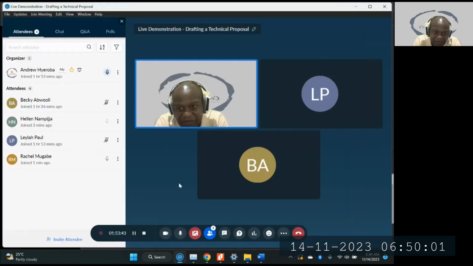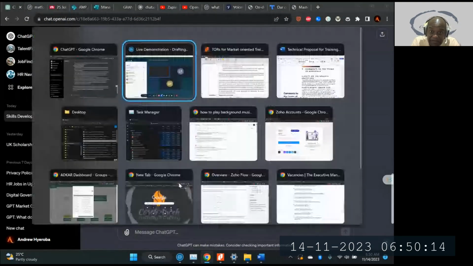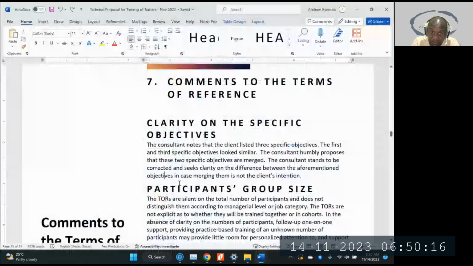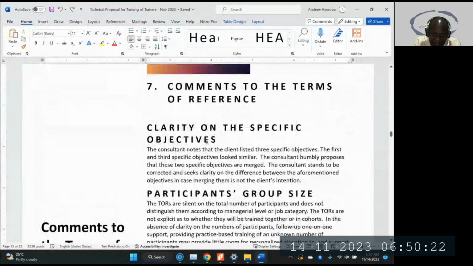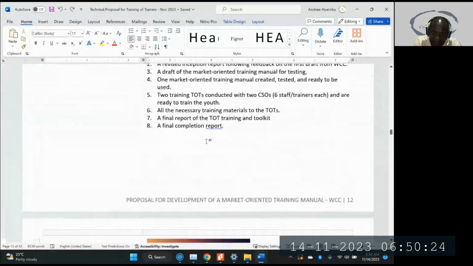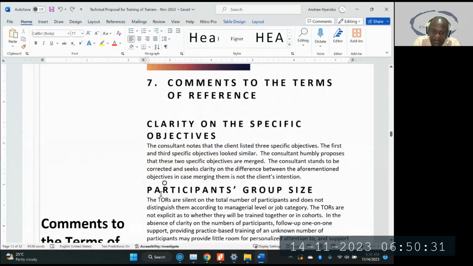Now, as you can see, the writing of proposals involves doing a little bit of background research into what the client specifically is thinking about. So since they just said market oriented skills and they made reference to a report and they did not say skill 1, 2, 3, 4, in the comments to the terms of reference, I'll go back and say